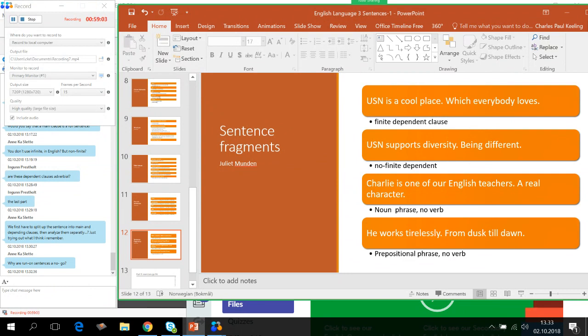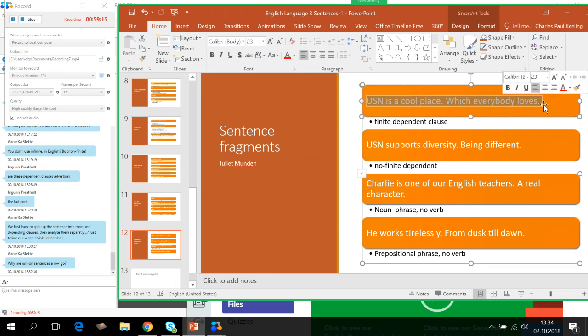Let's have a look at some sample sentences for fragments. This is something that will turn up quite a lot, sentence fragment. A sentence fragment is when you don't have a complete sentence, subject, verb. So here you have a complete sentence: subject, verb, and a cool place is the predicative. It describes the subject. But here,